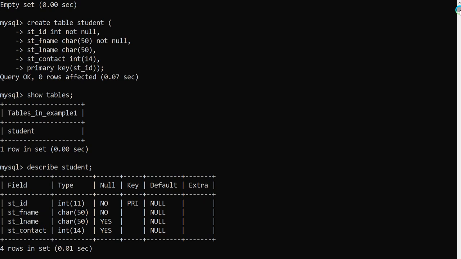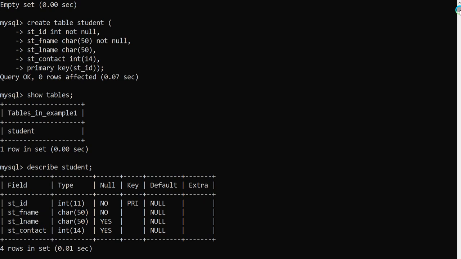Now we are going to see how we will create a foreign key. First of all, we have to know what a foreign key is. The primary key of any table, when used in another table as a normal key, is known as a foreign key.